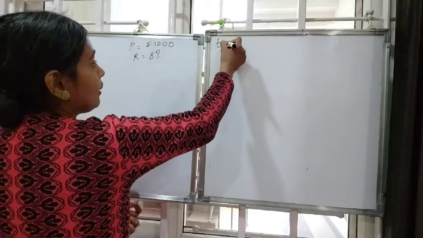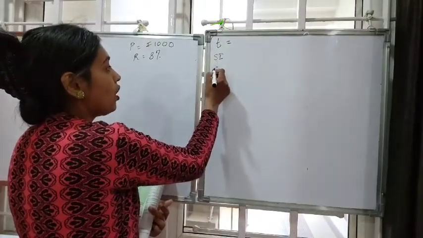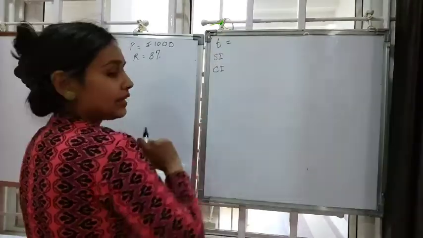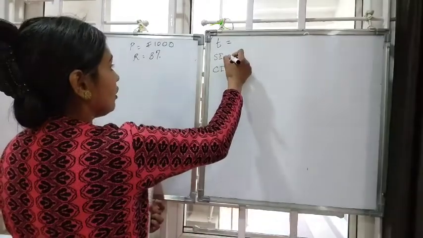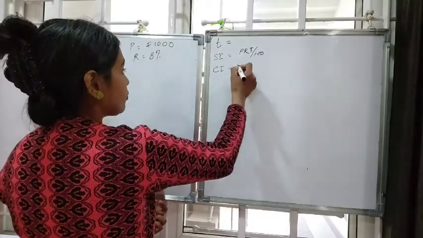So with time we have to find out whether the simple interest or the compound interest makes a direct proportion or not. The formula is also given, PRT by 100, and this one